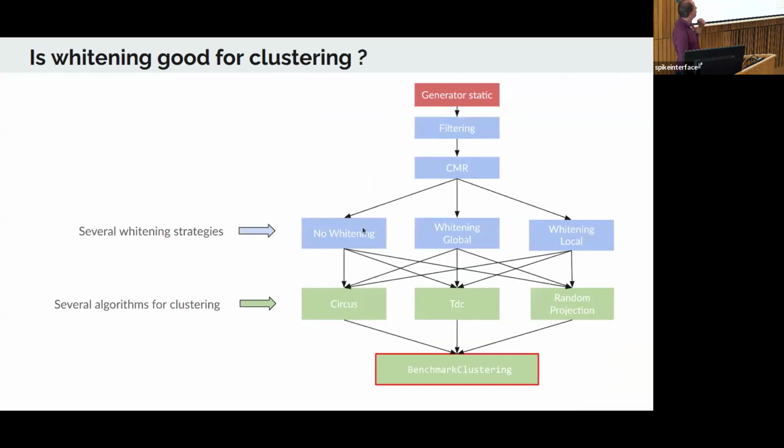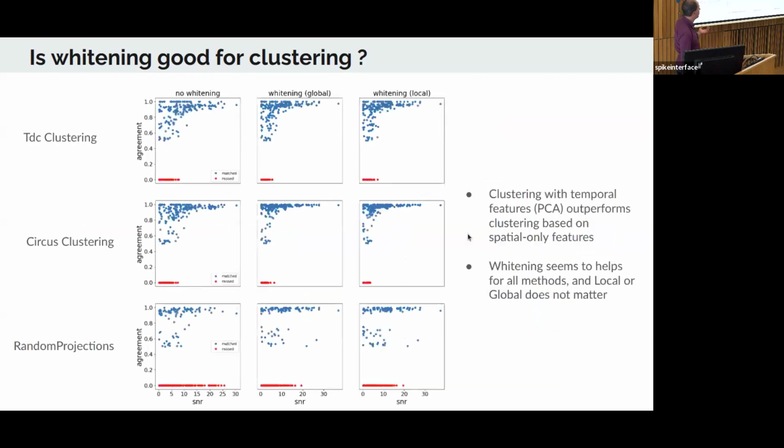And it's also something that was around in the literature, like, is it important to whiten the data? Is your clustering algorithm sensitive to whitening? And if so, what kind of whitening? So it's a bit technical, sorry for the biologists here in a sense. But so whitening is a way to get rid of the spatial temporal correlation of the noise in your channel. And so you have different ways of doing this step, and all the spike sorters are not doing it in the same manner. So we can at least now compare the results easily.